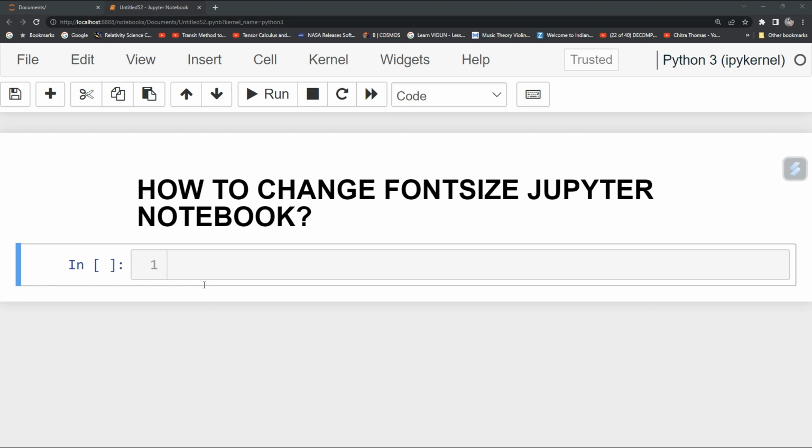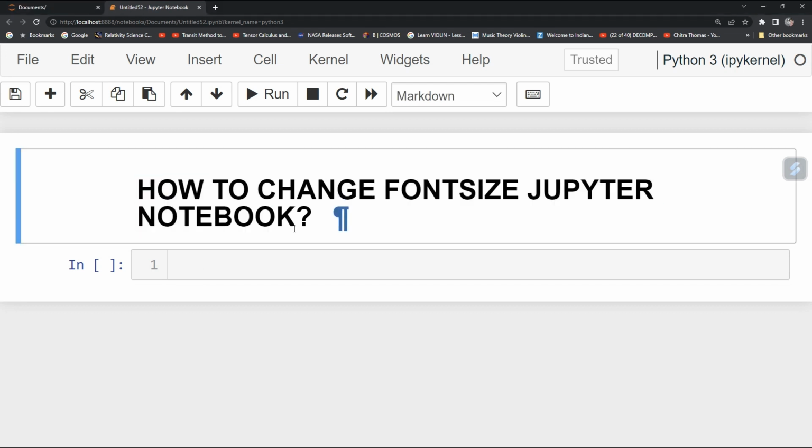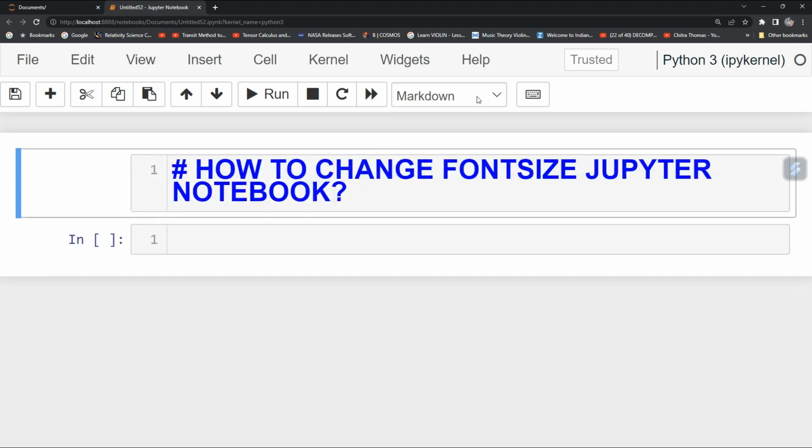So, for example, you have this font size. How to change font size in Jupyter Notebook? Okay, so you want to change the font size. For doing that, what do you do? You just go to your heading